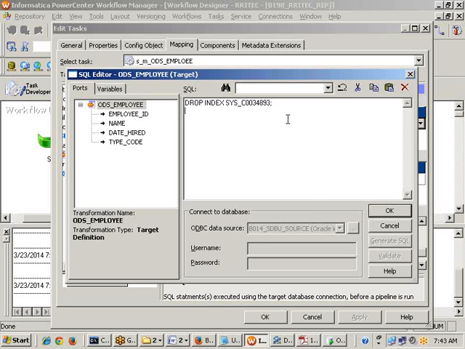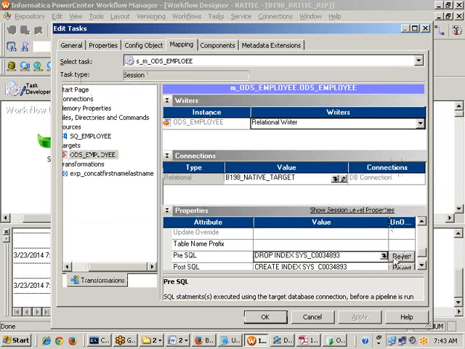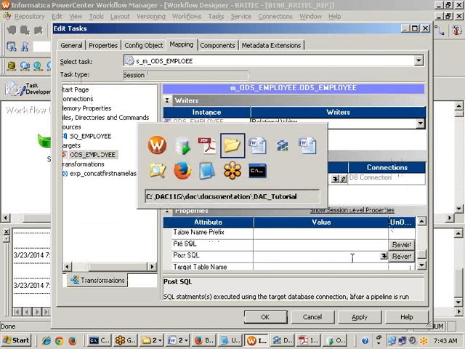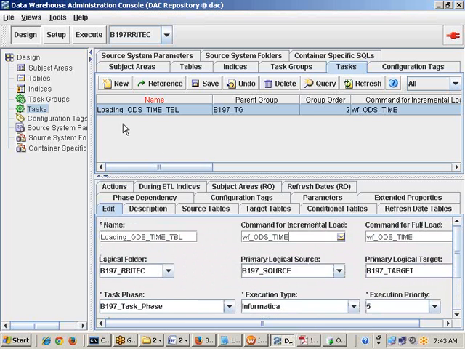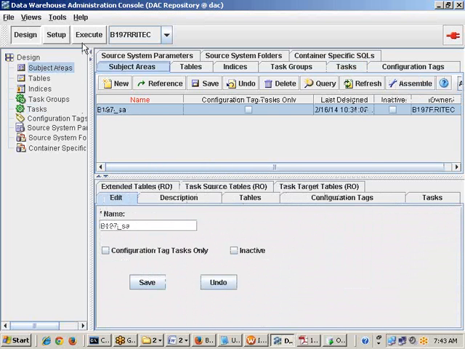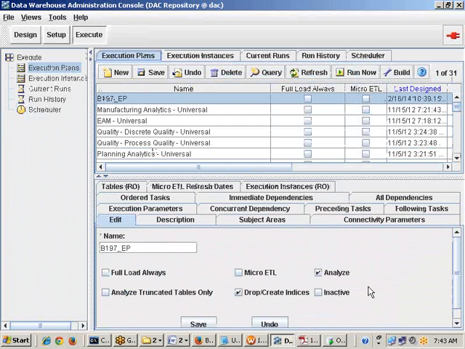So these are all the problems practically available. Then what DAC has come up with is: you don't do anything, you don't create the indexes, nothing. I will take care of it from my end. The way I am going to take care of it is, go and enable only one option in the